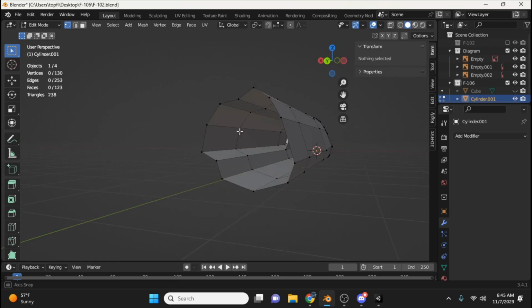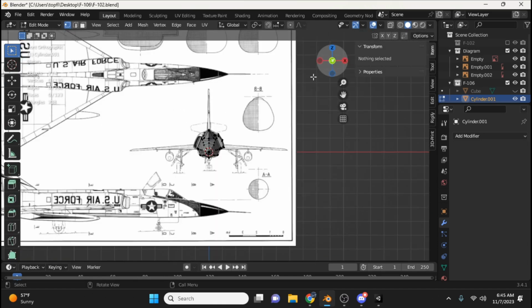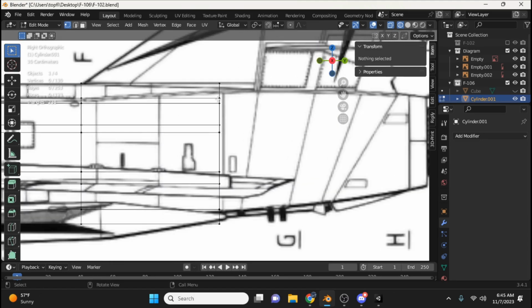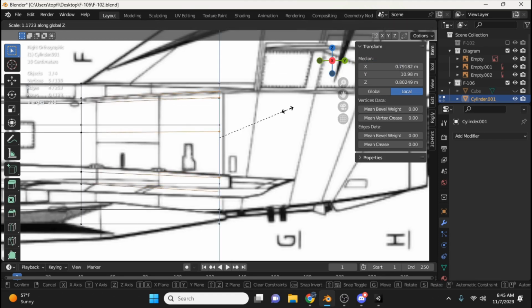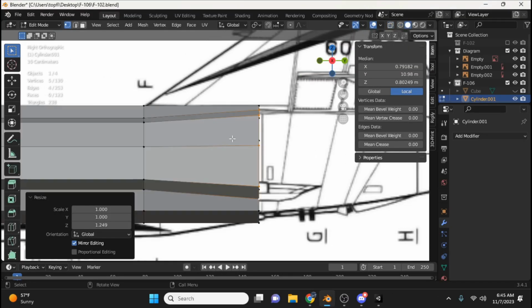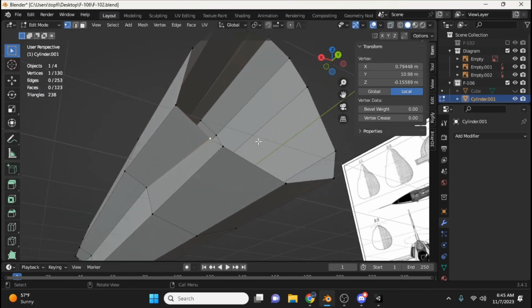So we can delete these inside vertices now that we don't need them anymore. And I ought to mirror this now, because we did a bunch of work on it. Hold on, I can do that in a minute. So point is, this intake section is getting bigger. As you can see, it's sloping up, and this top rail bit is getting smaller. Now the intake goes just about down there too. It's being incorporated with some of the